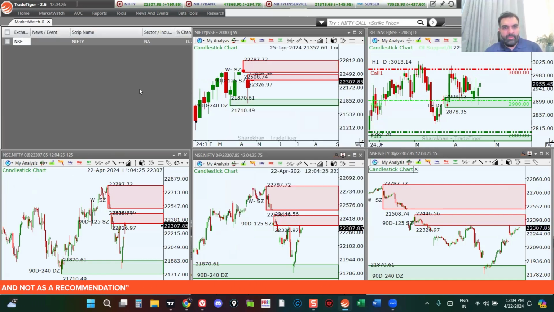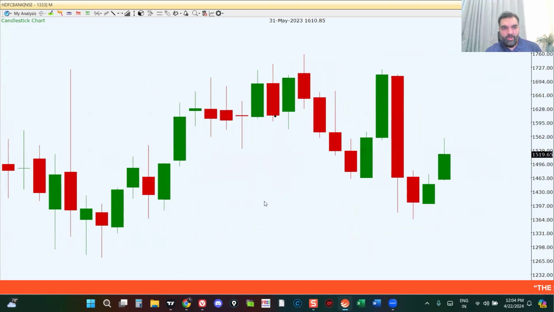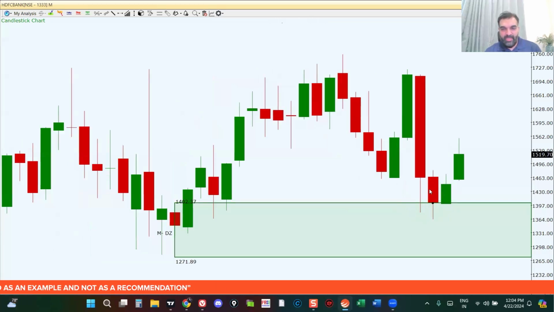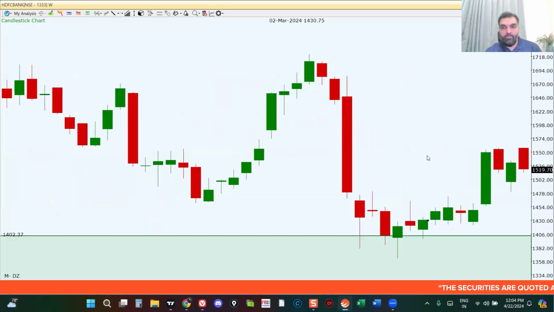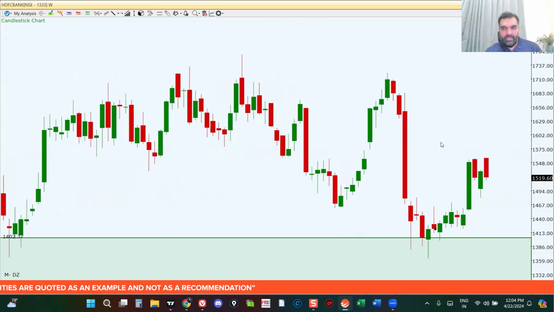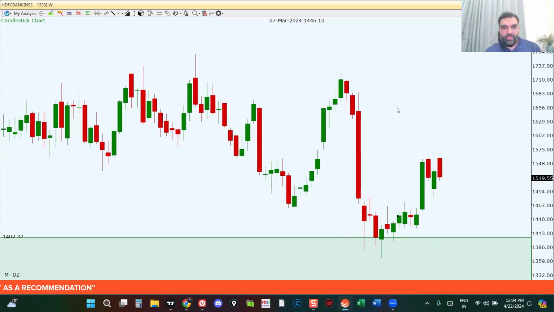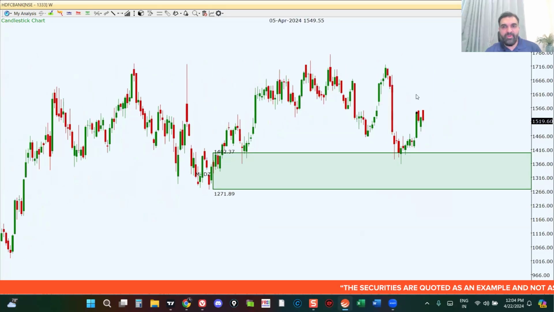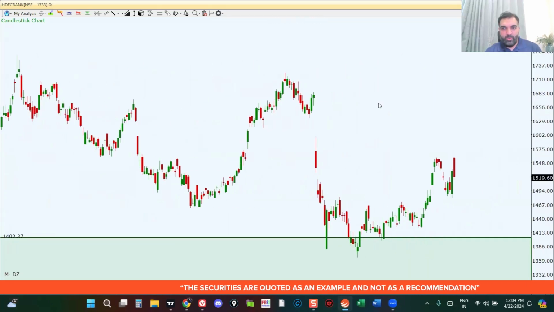And I've been talking about this stock for a very long time. I've been saying continuously that we are at this level of demand and it's a matter of time before this stock takes off to the upside. And that is pretty much what has eventually happened. From nearly 1397, the stock has now moved to the upper levels. Today, we are seeing a little bit of pressure on the stock after the weekly open, but this could still be a consolidation before the move to the upside, because now the supply is a little further away from price and we are closer to a level of demand.